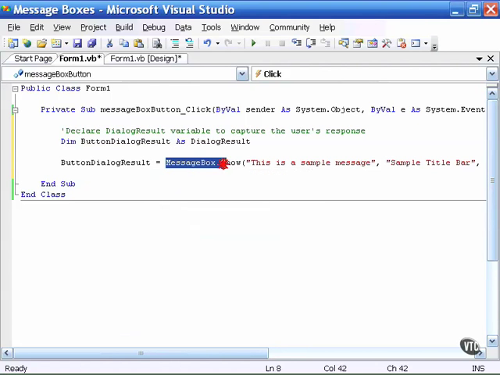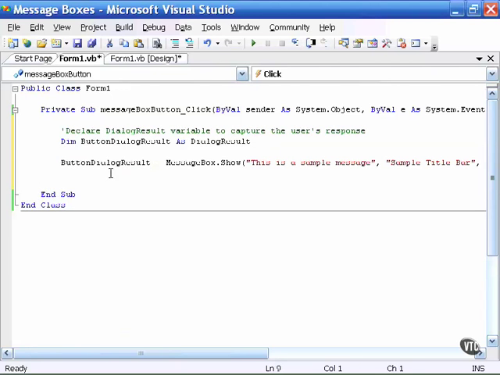So now what we're saying is display the message box with the appropriate message and the appropriate buttons, but now recognize that the user is going to respond, and whatever they respond to of the choices that we present them, that response will now be stored in the variable called buttonDialogResult. Once again, we have not discussed if statements, but typically how this will be used is in an if statement that says if button